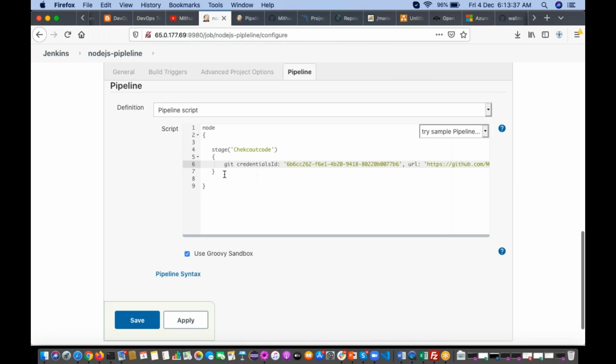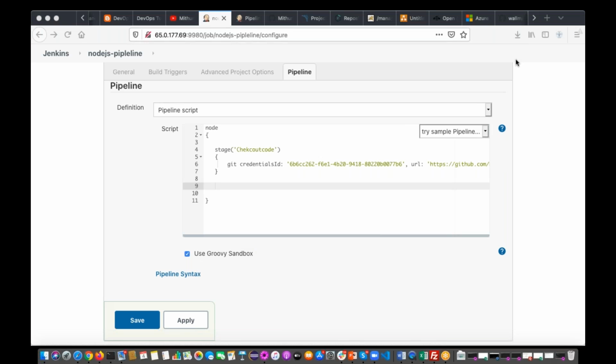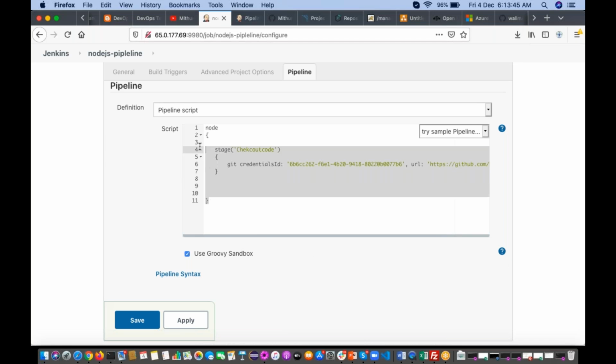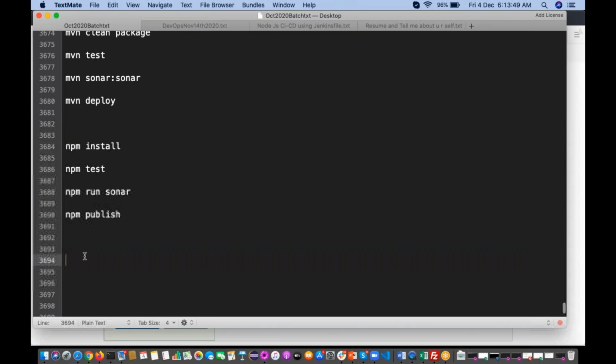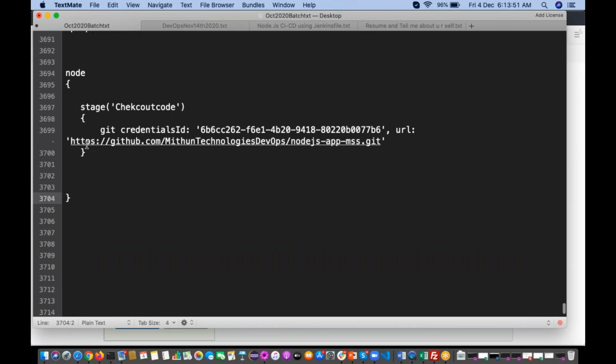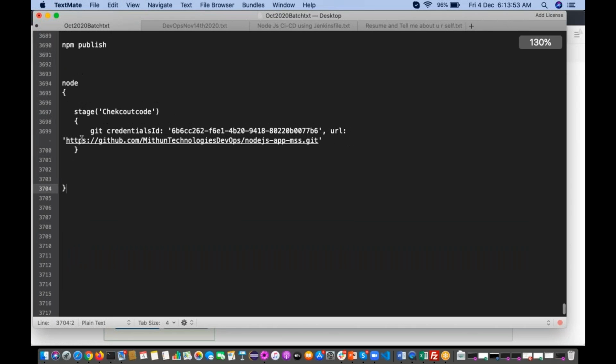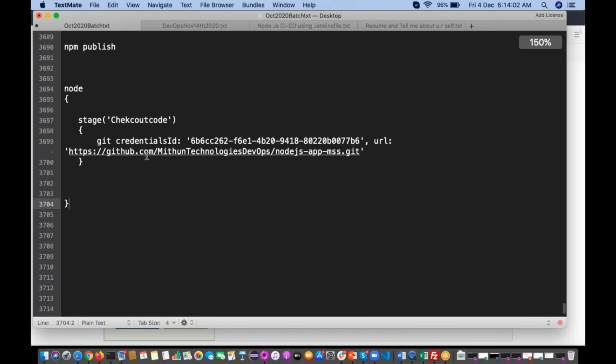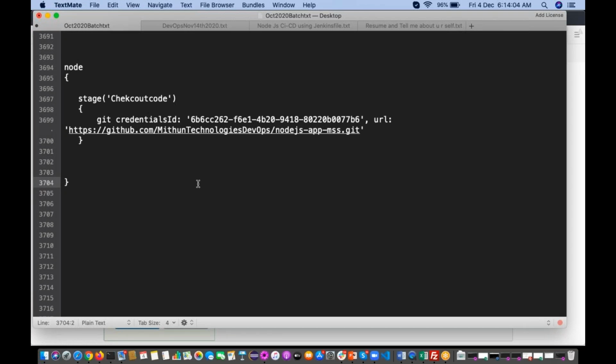So after getting the code, let me first write it here and we'll copy paste it. Okay, so this is the first stage.